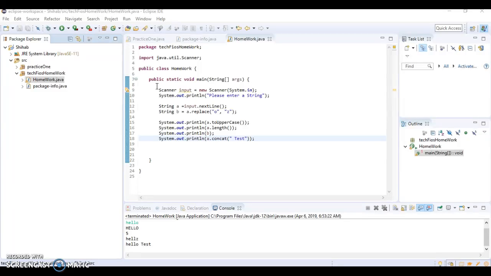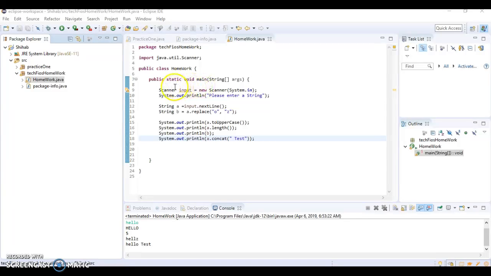Then we have to replace o with z in hello, so it prints hellz, but it should be that z alone. Then finally we have to concat hello with the test. And here you can see on my screen the public class homework that I did here,